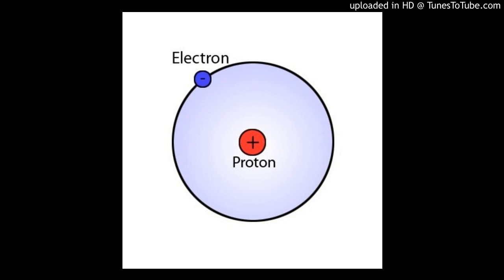Hydrogen is the only known atom which does not contain a neutron. All atoms, except hydrogen, consist of a positively charged proton, a negatively charged electron and a neutrally charged, no charge or energized, neutron. To understand this fully we need to understand and realize what the main functions for these separate